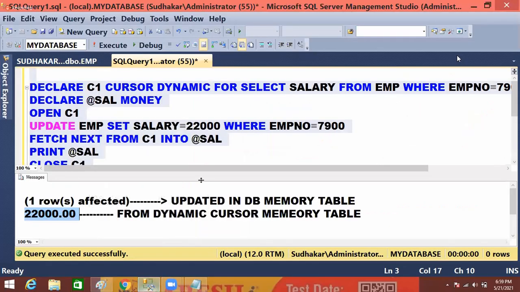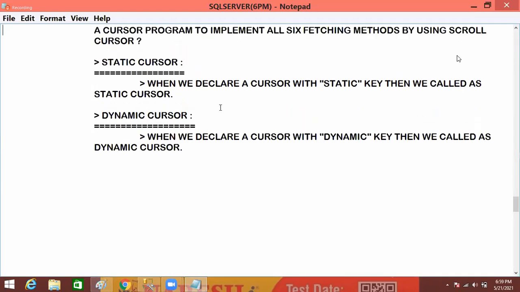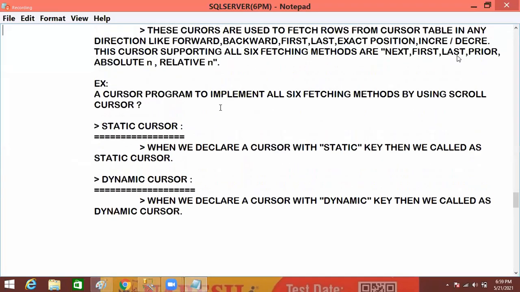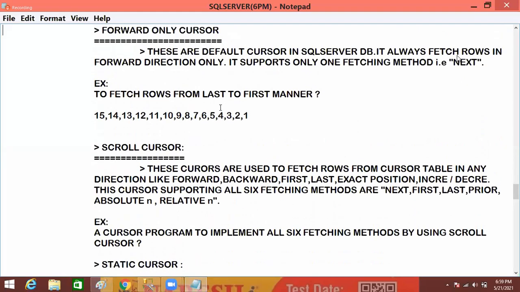So these are called cursors, and as per the nature of the cursor, there are four types: static, dynamic, scroll and forward only. These are the different behaviors the cursor can have in your database. So this is one of the concepts of cursors, guys, here in our T-SQL part. And the next one is